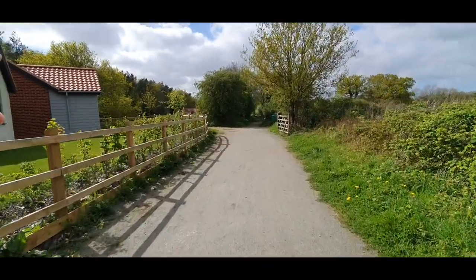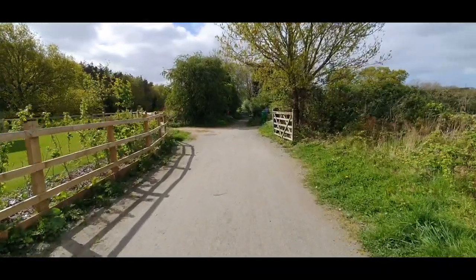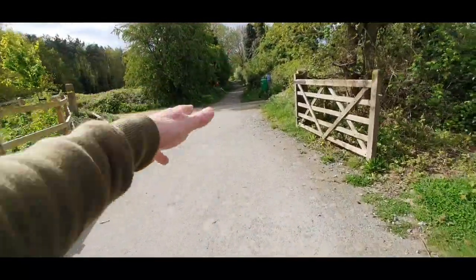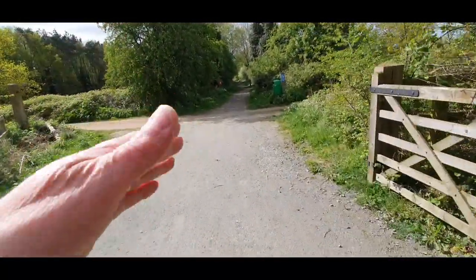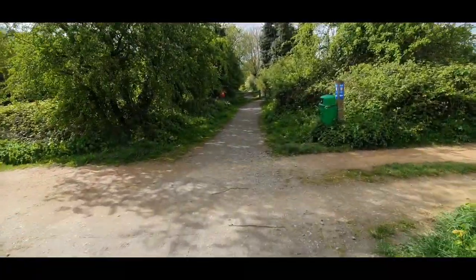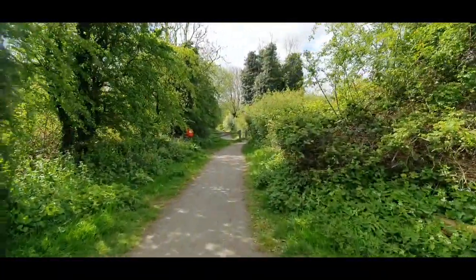So the goods yard would have started round about here. So we're now going to go on to the Marriott's Way officially. So this is now going to be single track. This is Great Eastern. When we get to the Themelthorpe Curve, it will do a very, very tight left turn. But John, we're heading west, aren't we? We are. So this would have headed,